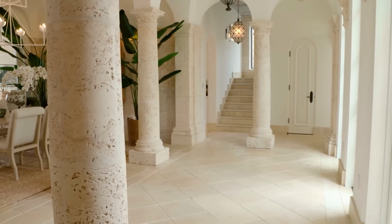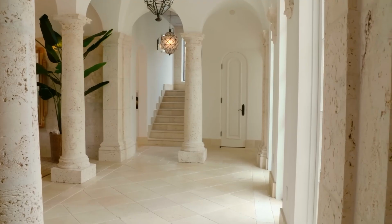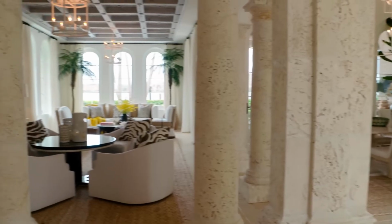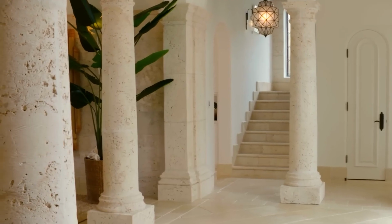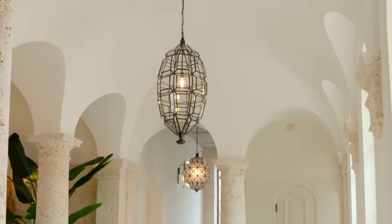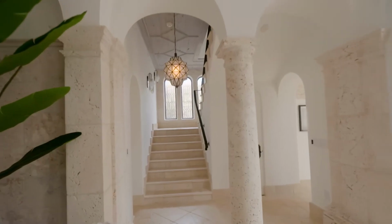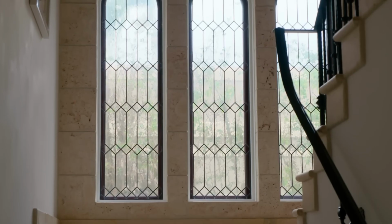This is our foyer, which is really the link between all the rooms in the house. We have the outdoors here to the left, we have the dining room to our right, our living room, and everyone has to cross here at some point. I love that it's open and airy, and these beautiful coral stone columns are such a gorgeous detail. We had all these light fixtures custom made for us in Spain. And if you follow through here, you can see that the stone leads upstairs to the landing where we have